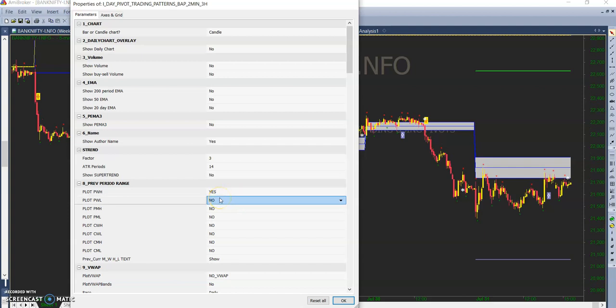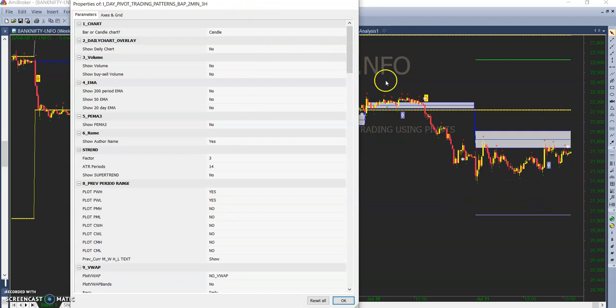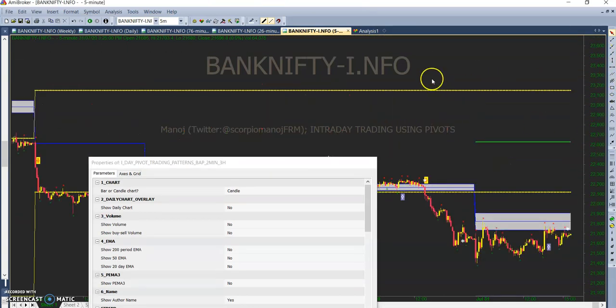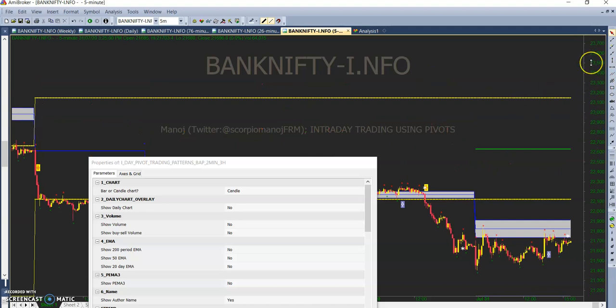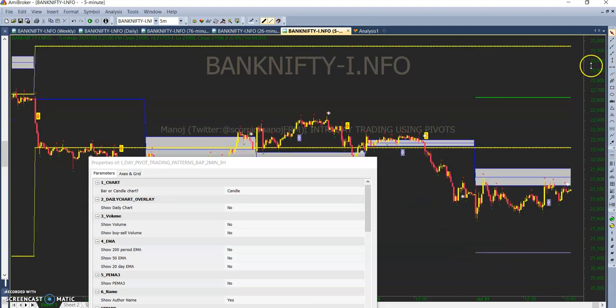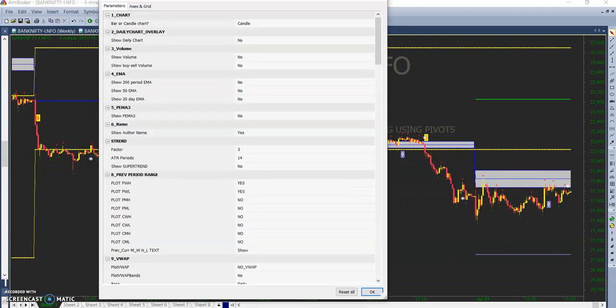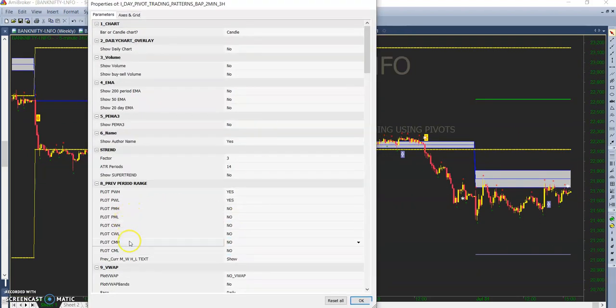So I am activating previous week high and previous week low. You can see a bunch of lines here displaying previous week high and previous week low. Now this is the previous week low, and this is the previous week high. Similarly, you can do the same thing with respect to the other options.